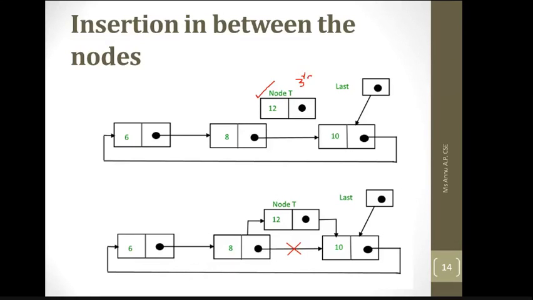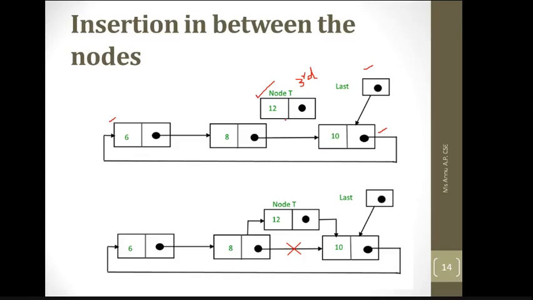It is similar to insertion at a specific position in singly linked list, because we are not accessing the first node, we are not accessing the last node here, we are just accessing a node in between in the given list. The difference in singly or circular is only in terms of the last node, because we are not changing the pointer of the last node, we are just assigning somewhere between the link in the given list. So it is similar to singly linked list at a specific position.